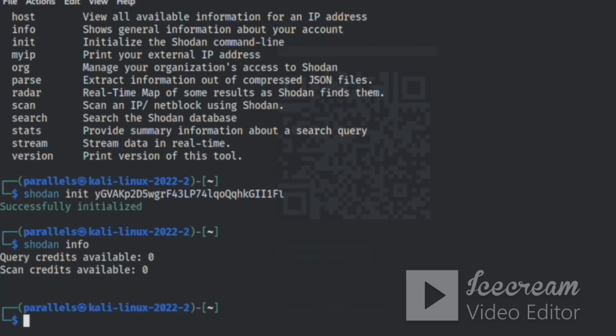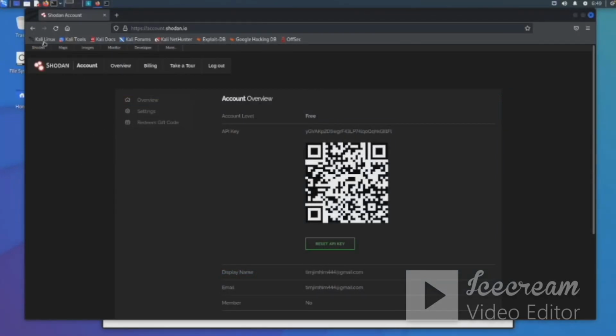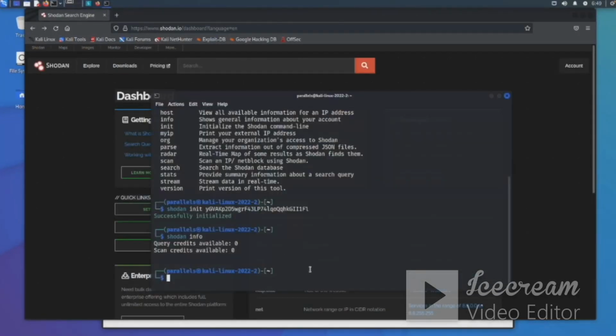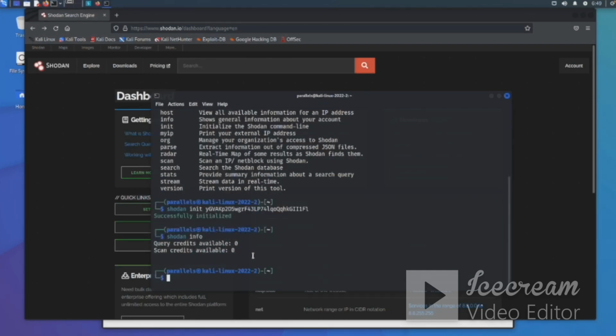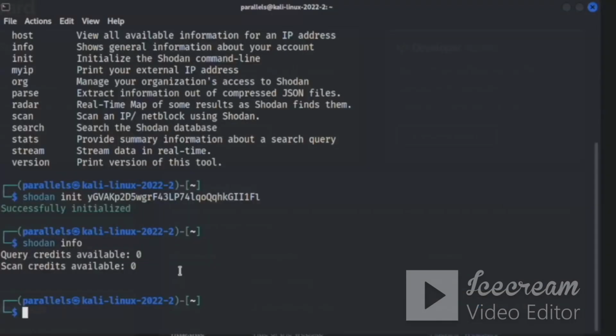Every time you make a request, whether it is over here on the actual browser or inside of the terminal, it is going to use one of the credits that you have, but you can always pay and subscribe to Shodan and have more credits. Most of the bug hunters who are successful will have a paid subscription to Shodan, and they really like using Shodan, and we're going to cover why it's helpful. But personally, a lot of the stuff you're going to be able to get on Shodan, you can find on your own by running some different tools, which I've covered on my channel previously,